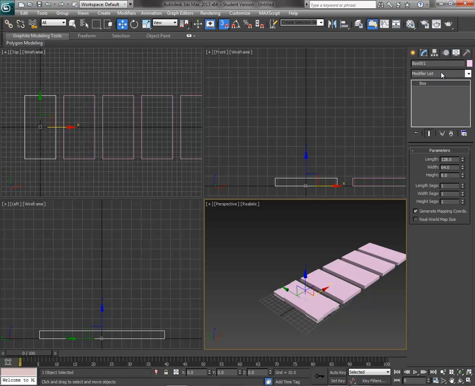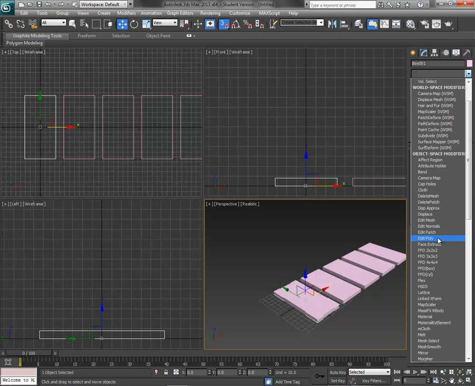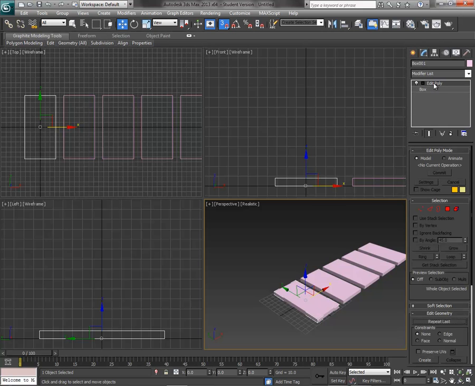So the way you do that is you add a modifier. The one I'd recommend is the edit poly modifier, which basically converts the base procedural geometry of the box into a polygon. There's also edit mesh, which is the older file format from before polygons. It's another name, which is why you see both of them. So edit poly is newer and edit mesh is older, but if you talk to some people, they go back and forth, and that's why I call it a static mesh, not a static polygon. So we'll go into this